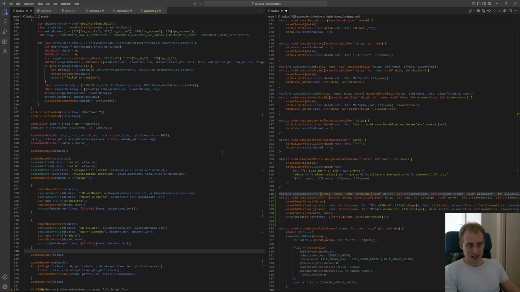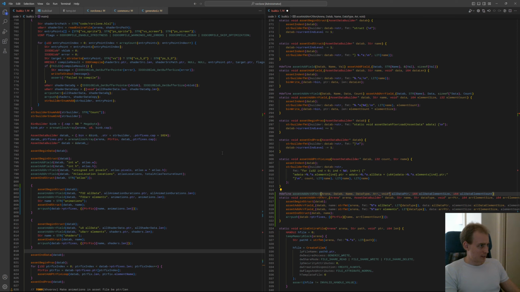We've got a data type. There we go. Array pointer. That can be skipped. Well, actually, all of them can be skipped, so array element count can be skipped,